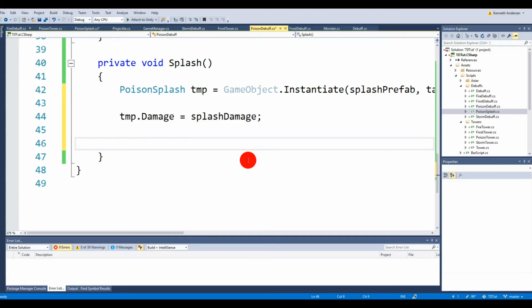So one thing we have to do here is to make sure that the monster that spawns the poison splash on the ground doesn't collide with it. If it collides with it, then that's a problem, because it will keep spawning these poison splashes on the ground, and it will just remove them itself because it triggers it and it takes more damage from the poison it just dripped on the ground, right? So we need to say physics